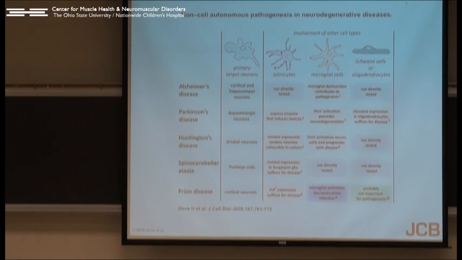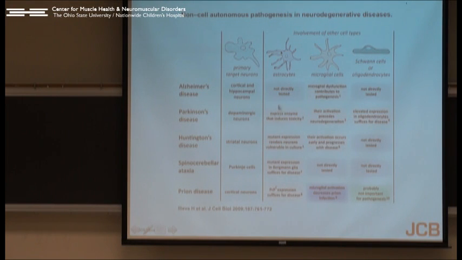So is this an aspect, this whole non-cell autonomy? Do we see this, is this solely an ALS freakish event? Or do we see this in other disease types? And I think that many of the neurodegenerative diseases, and even cancer, have considered and are embracing this concept that it might not be just one cell type, that there are other cell types involved within the course of the disease. And what others have done is to break this down in a nice review by Kristalinas within the Cleveland group,